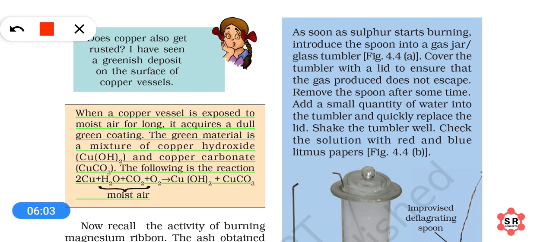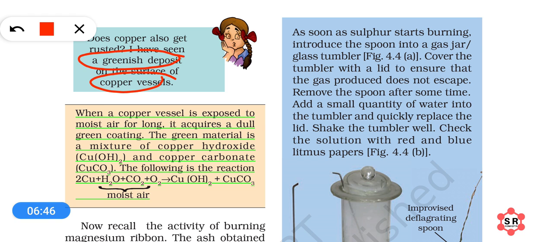Corrosion is that process in which any metal reacts with its surrounding chemicals, like components of air such as oxygen and water vapors. So when a metal reacts with oxygen and water vapors and makes a covering around it and loses its shine, this is called corrosion. Okay, so let's understand how a green layer gets deposited. A greenish layer gets deposited around copper vessels.